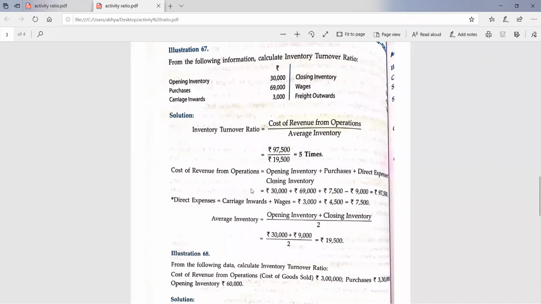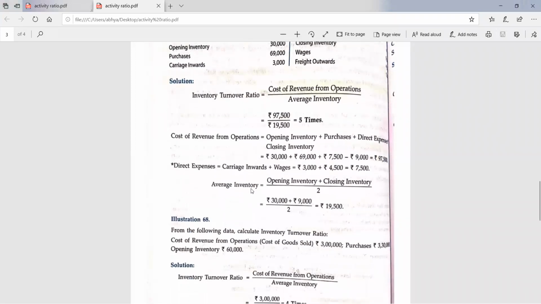So what to do? Use the formula of COGS, write all the given figures and find the hidden figure. Assume direct expenses are 0 because no information is given in regard to direct expense in the question. So COGS equal to 3 lakh, which is equal to purchases plus opening stock plus direct expense minus closing stock. Put the figures, whatever is given, assume direct expense 0 and you will be able to find the answer.